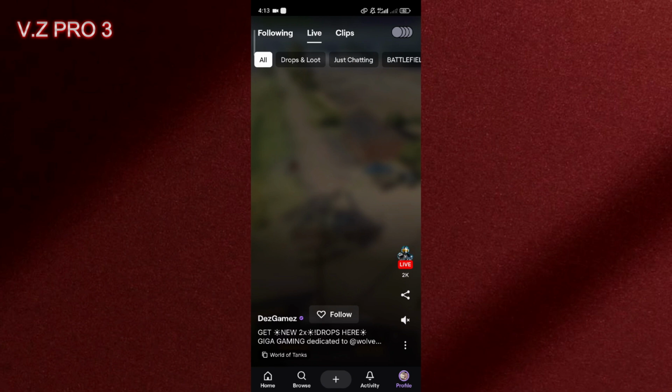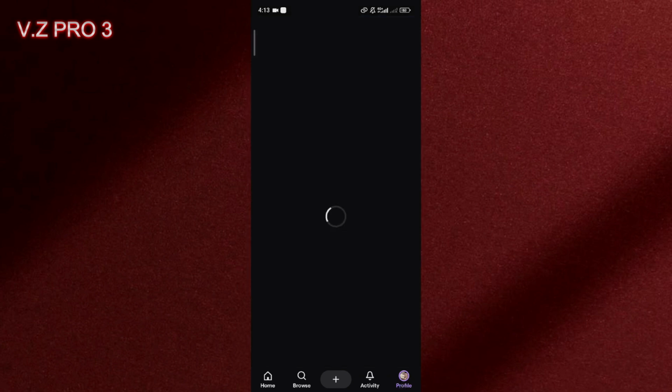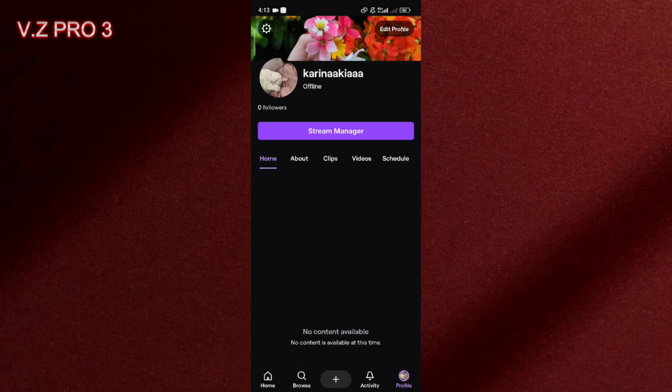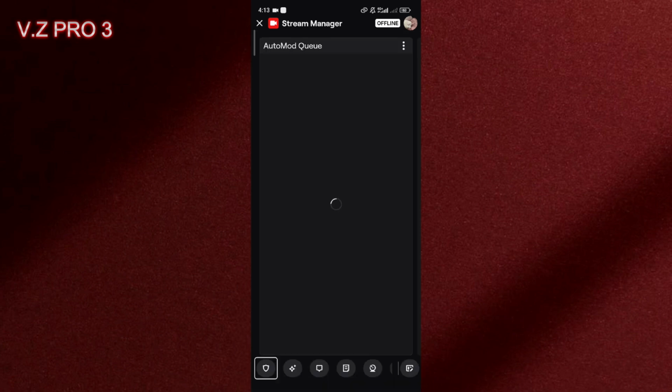It's very simple. First of all, we have to open our Twitch. Now you can go to your profile by tapping on the bottom right here. After that, you can choose Stream Manager. On your Stream Manager, you can go to the Quick Actions. You can slide the option in here. You can choose the